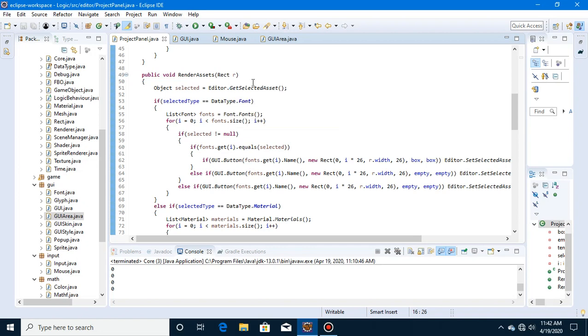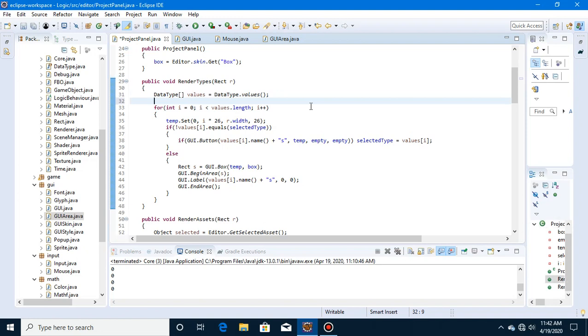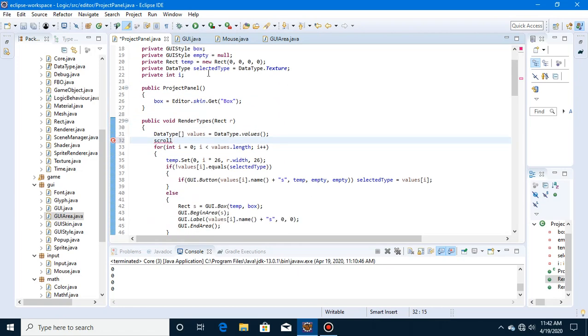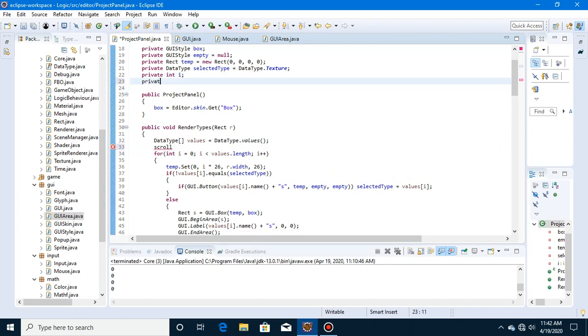So I don't want to do render assets yet. Let's do render types. And I need the amount of values. So say scroll. Did I add a scroll yet? No. Say private int scroll equals 0. So we're gonna let's do scroll 1. Scroll 1 equals 0. So scroll 1